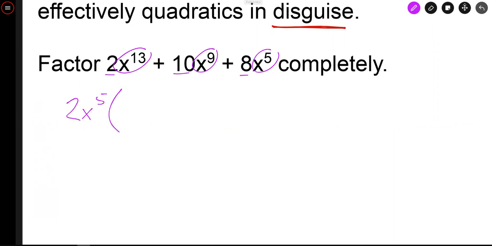What I'm left with is x to the 8th, plus 10 divided by 2 is 5. X to the 9th divided by x to the 5th is x to the 4th. And 8x to the 5th divided by 2x to the 5th leaves me with 4. So I factored it down now to x to the 8th plus 5x to the 4th plus 4. Okay, well,